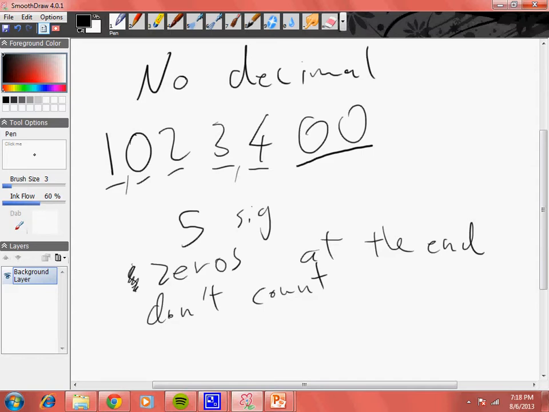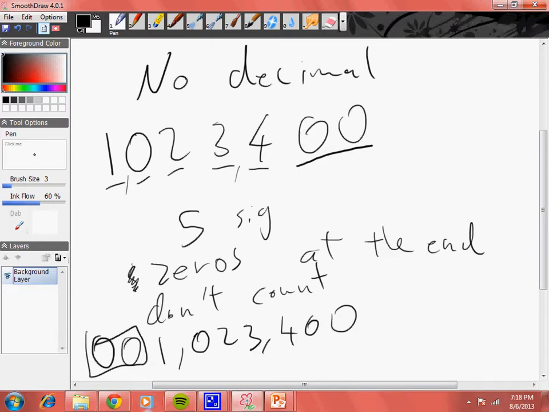So that's when you have no decimal. When you have no decimal, significant figures is very straightforward. When you have something like this, you only have 5 significant figures. And then also, if someone was to give you this number, which is identical to the number we just saw, then it would be crazy to use this because this doesn't make any sense. So zeros at the end don't count, but also